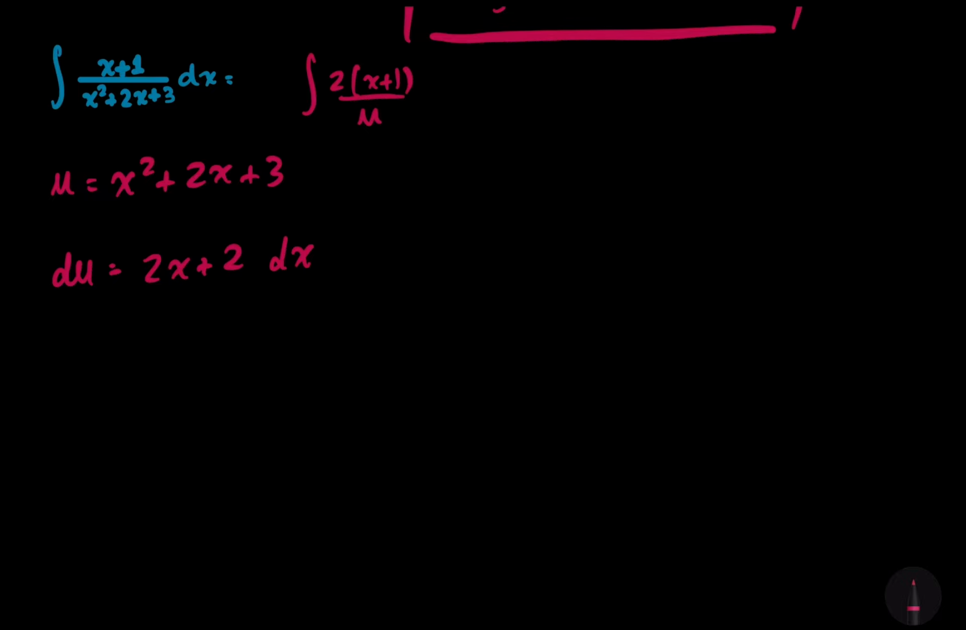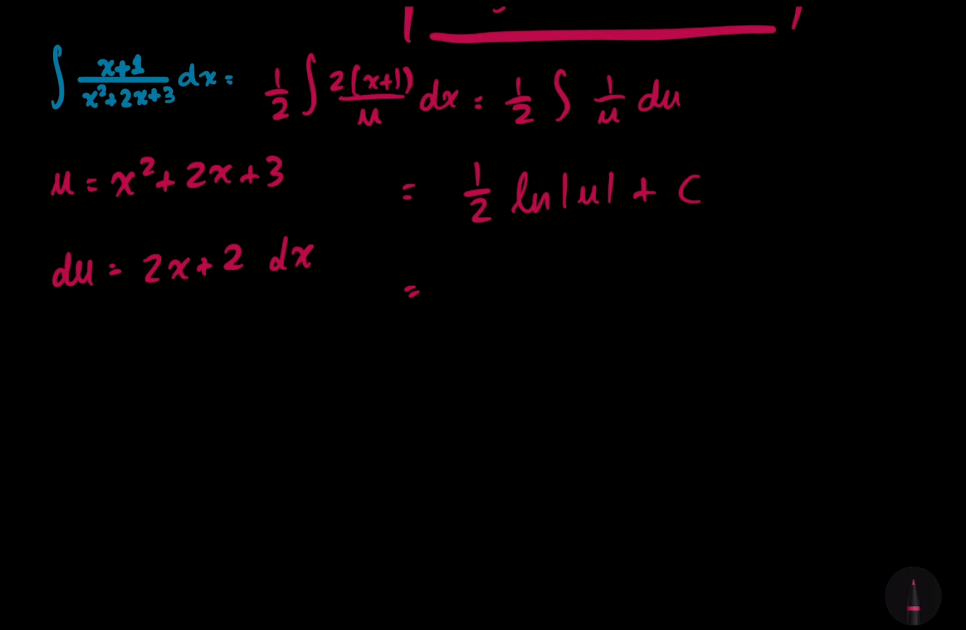But if we multiply by 2 on the inside, we have to divide by 2 on the outside. And then here we have the dx. Well, this entire expression over here, 2x plus 2 times dx, is just going to be equal to du. So this becomes 1/2 times the integral of 1 over u du. And now this is much, much simpler. We just have 1/2 times the natural log of the absolute value of u, and then, of course, a plus